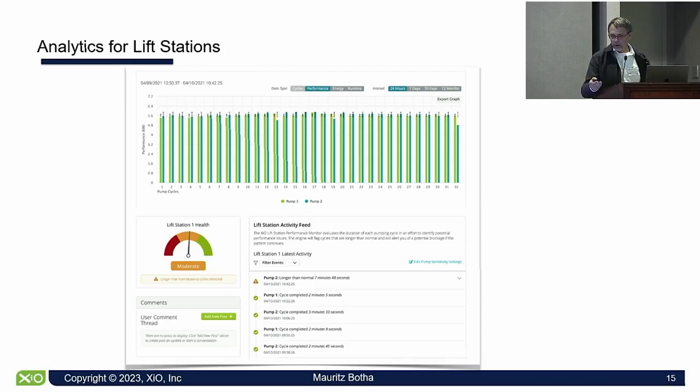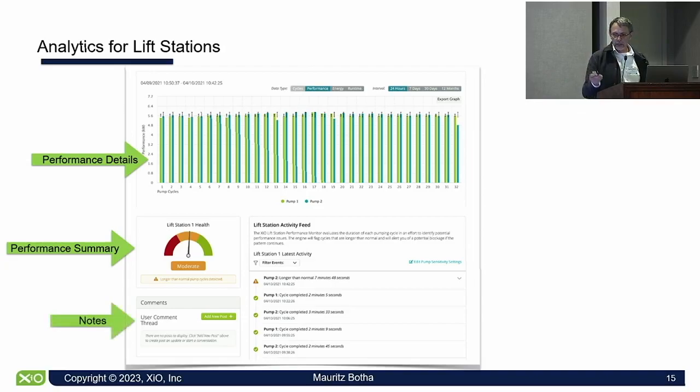And then on the right-hand side there, you can see there's a log that shows all the events that we detected from the system. At the top that I'm not going to show, you'll see there's a 12-month range as well. And what's great about the 12-month range is when you look at the efficiency of the pumps over time, because